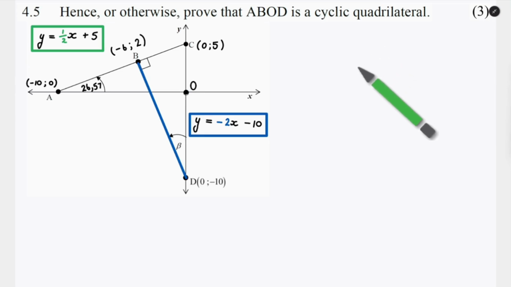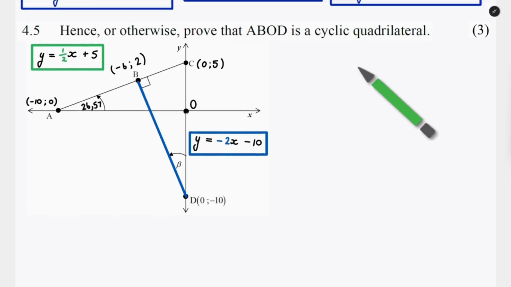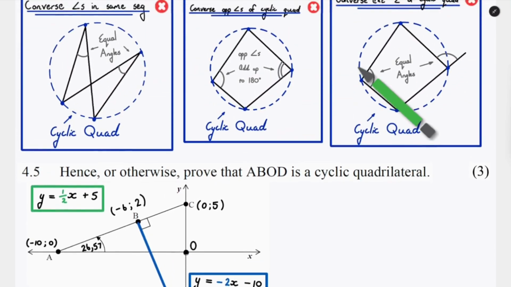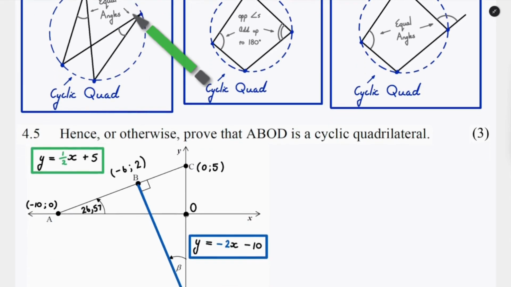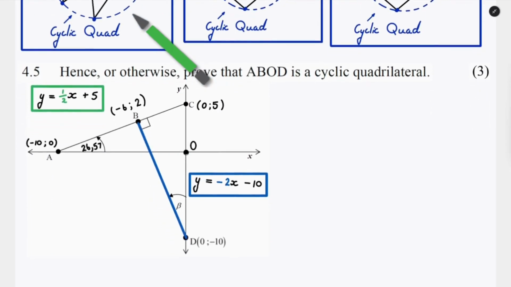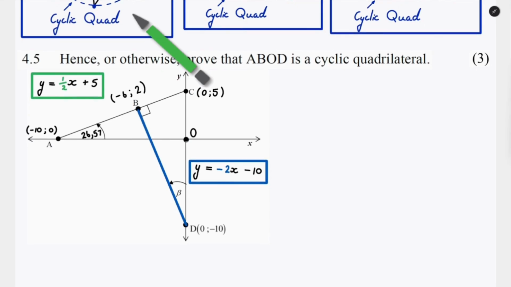Okay, let's go through the 3 ways I can prove a cyclic quad. So I can firstly prove that the opposite angles add up to 180. I can prove that the interior angle equals the opposite exterior angle of a quadrilateral. Or I can prove that I have equal angles in a bow tie and that it's converse angles in the same segment. If we have a quick look at our diagram, I am seeing a bow tie